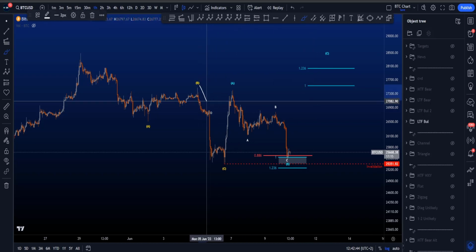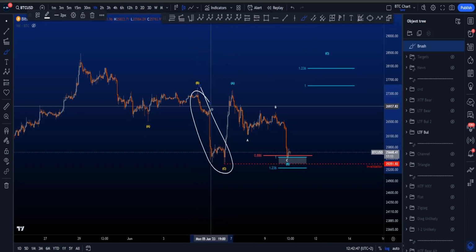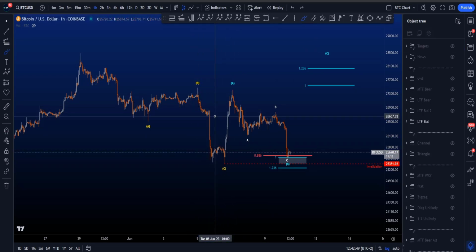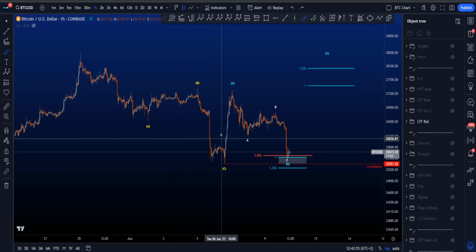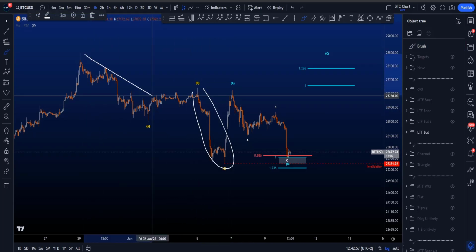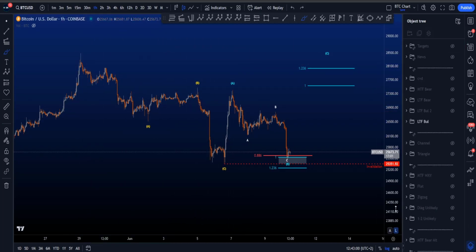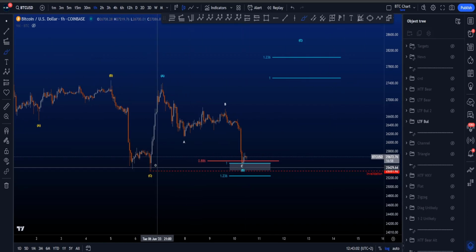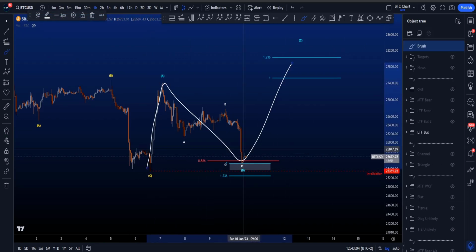Now in this scenario, this yellow wave C over here is very short in time, and yes, it can be possible that a wave C is very short and very high volume, but usually a wave C takes a little bit longer in time, and as you can see, this move is clearly shorter in time compared to this wave A. And if we now look at this structure over here, well, the invalidation of this blue ABC to the